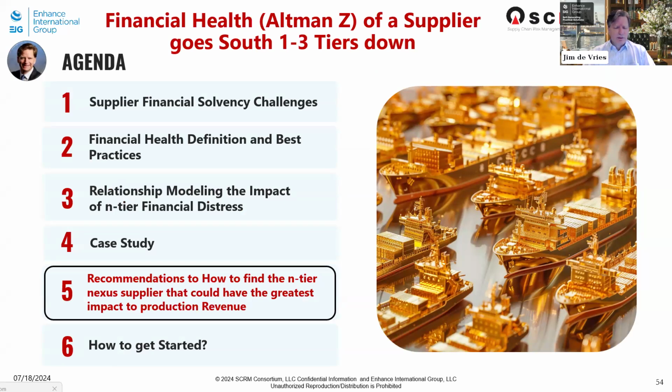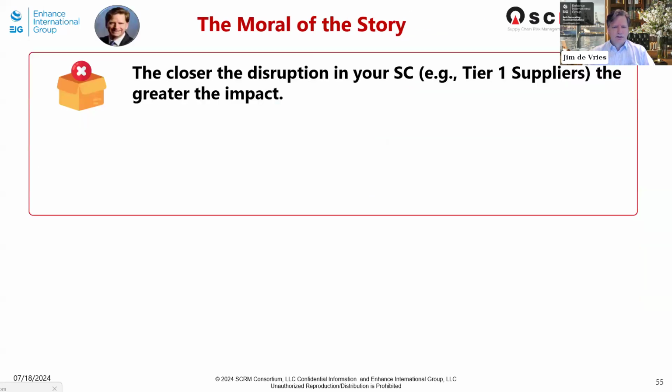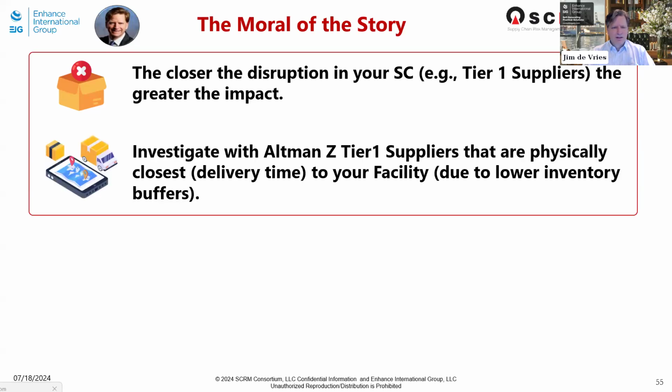Now we're going to get into the recommendations on how to find that N-tier Nexus supplier with the greatest impact. So, after all this, I think we thought we'd wrap it up in a moral of the story kind of slide, saying the closer the disruption in your supply chain to you from a tier level, the greater the impact. I think that's the first lesson. And then,